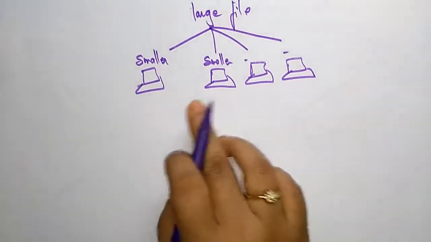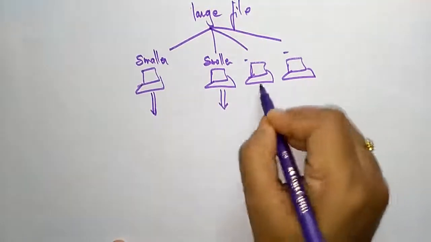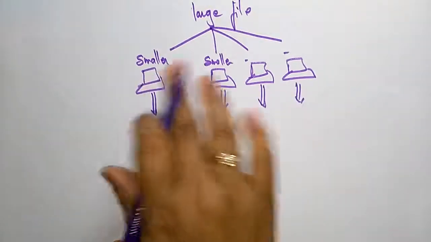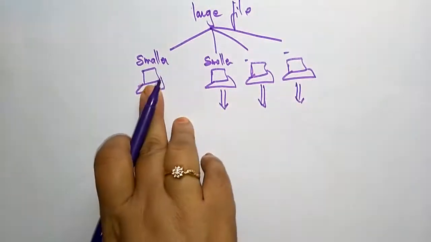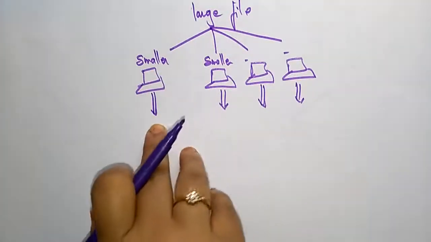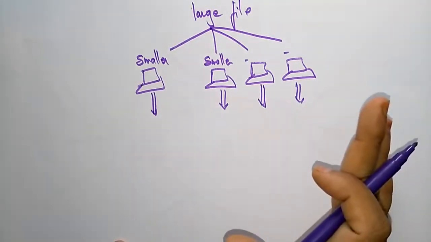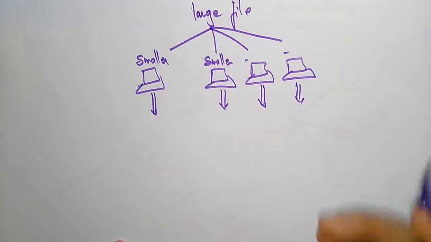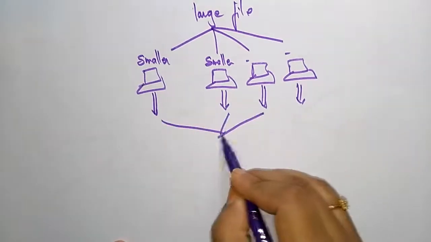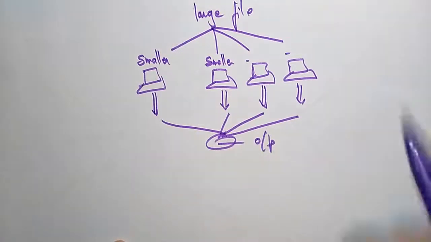So these pieces are processed in parallel, and there is no interactive workload between those systems. Each resource executes its part of the divided file, and these pieces are processed in parallel. As a result, completion is achieved in a smaller amount of time, and finally you will get the final output. With less time, we have completed this process.